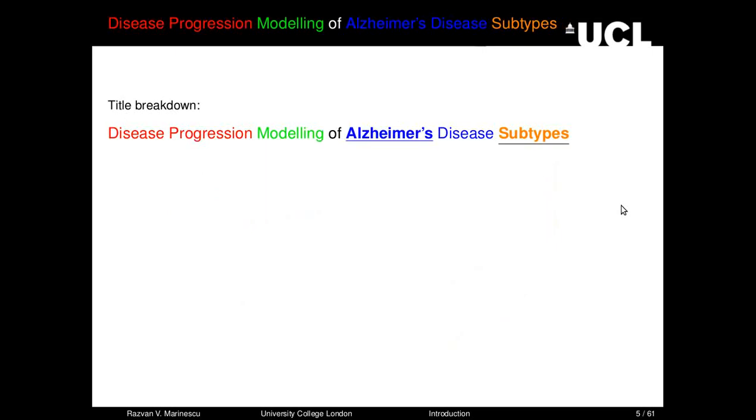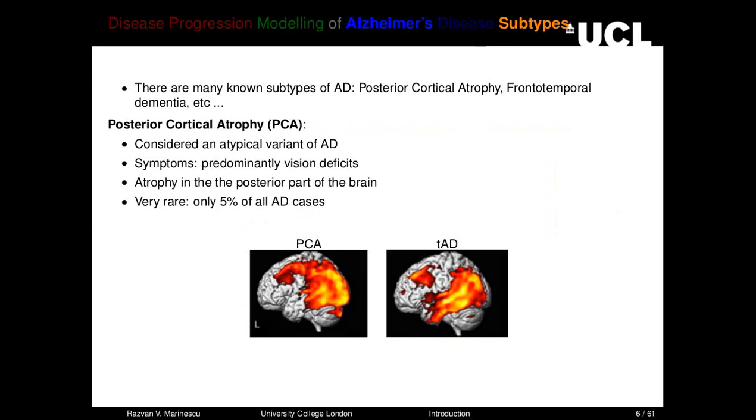Now let's talk a bit about Alzheimer's subtypes. What do we mean by subtypes? As you may know, there are many known subtypes or variants or related diseases to AD, such as posterior cortical atrophy, frontotemporal dementia, and many others. Let me talk a bit more about posterior cortical atrophy, because this is going to be a focus for my presentation. Posterior cortical atrophy, or PCA, is considered an atypical visual variant of Alzheimer's disease,